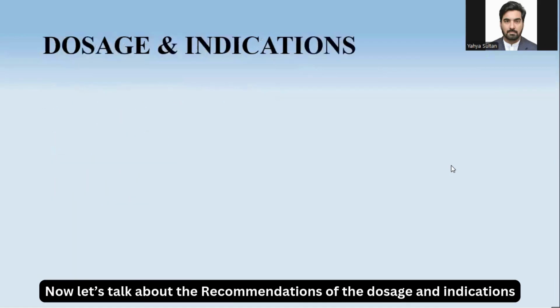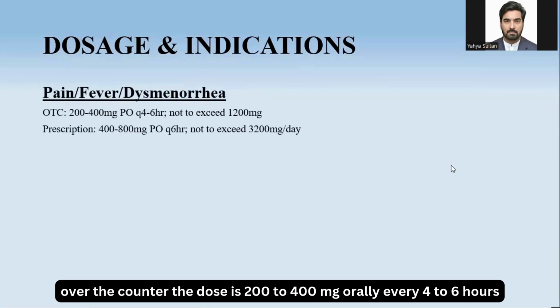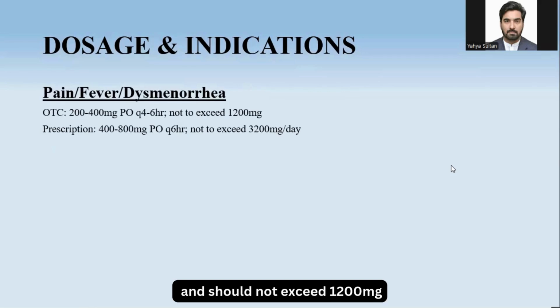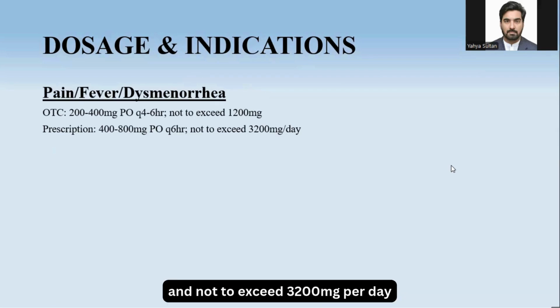Now let's talk about the recommendation of dosage and indications. So in conditions like pain, fever, dysmenorrhea, ibuprofen given over the counter, the dose is 200 to 400 mg orally every 4 to 6 hours and should not exceed 1200 mg. In case of prescription, the dose is 400 to 800 mg orally every 6 hours and not to exceed 3200